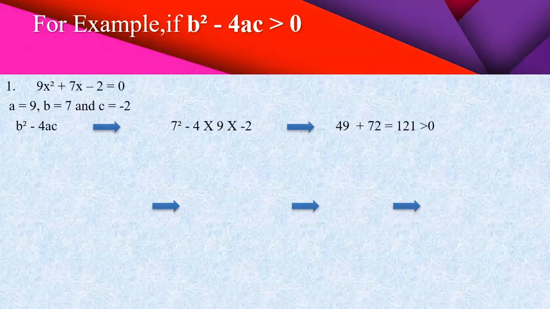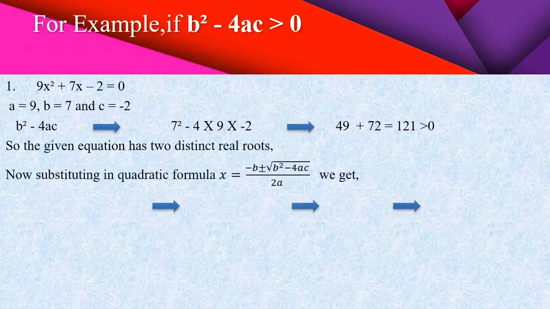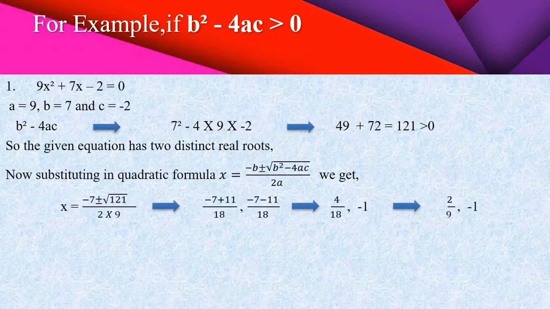So let us look at some examples for finding the nature of the roots. Here consider the first example, 9x square plus 7x minus 2 equal to 0. Here a is 9, b is 7 and c is minus 2. Now we will find the value of the discriminant. b square minus 4ac equals